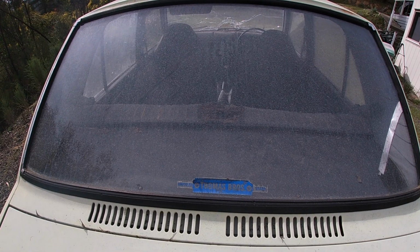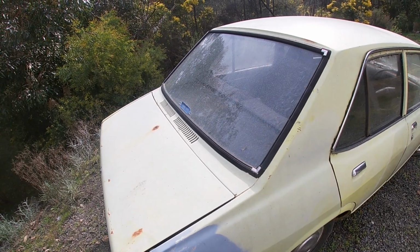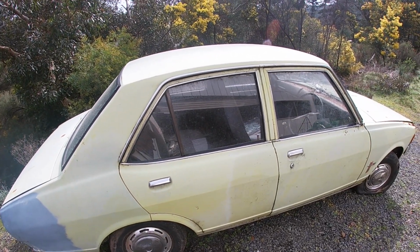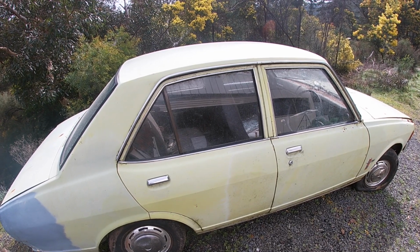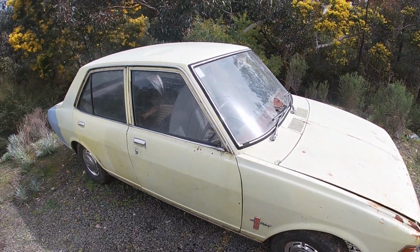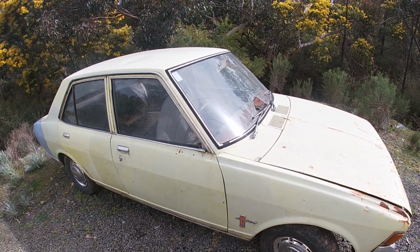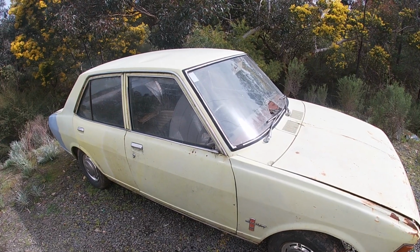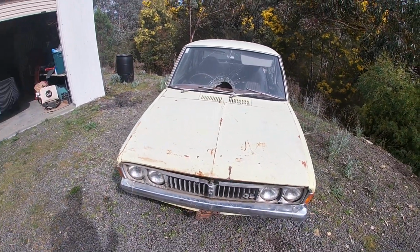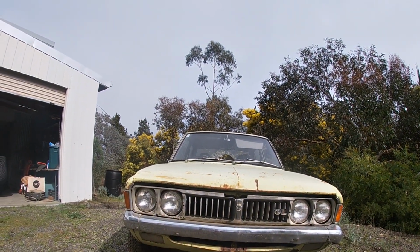Thomas Brothers Chrysler in Wagga. Well, I bought this from Wagga, drove up there and back, and the guy I bought it off said it had been a Wagga car its entire life. It was sold there new, and it was driven and owned by a family in Wagga, and then he bought it from them, and he believed it hadn't been on the road since the 90s, so 97 or so, and he'd had it for quite some time sitting in his yard. He was a tow truck driver, so he picked it up with a bunch of other cars. I don't think this was the original intent of the purchase, but yeah, it has front end damage,